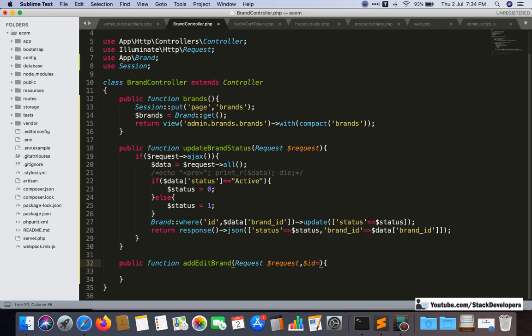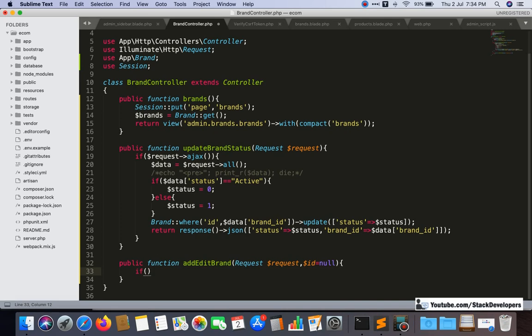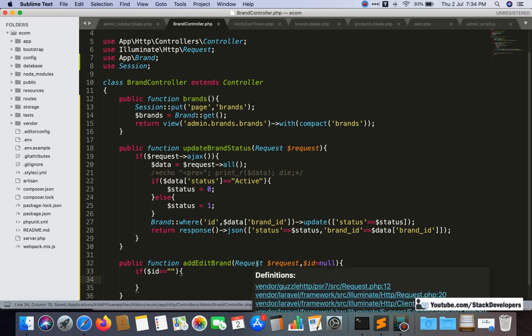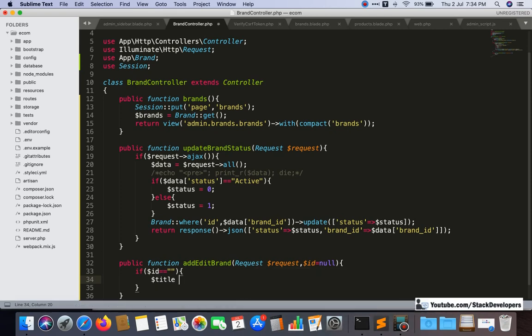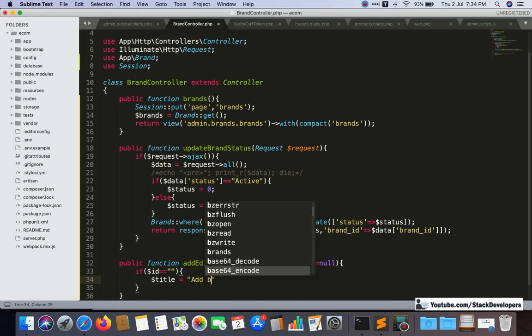So I am going to add the id as well, $id equal to null. In case of add, id will not be there. So if id is empty, you can use empty, that empty function, or you can do it simply like this. If id is empty, then the title will be add brand, we are going to use add brand there.